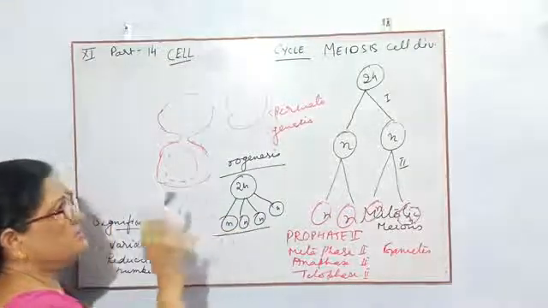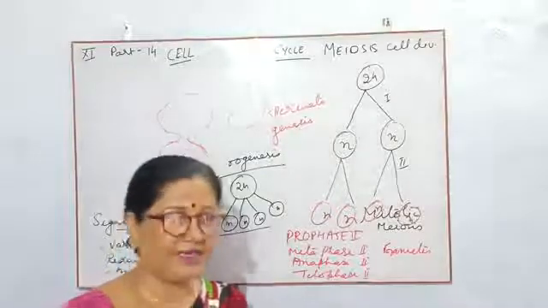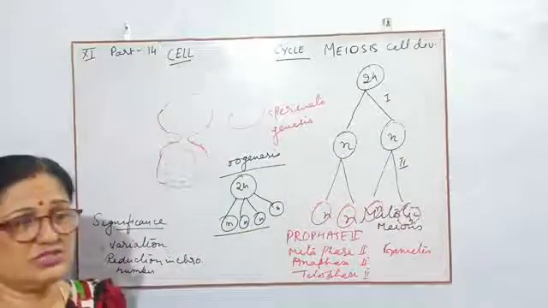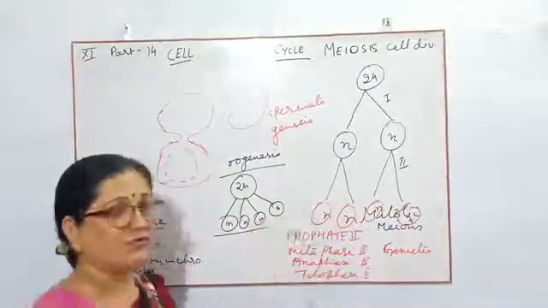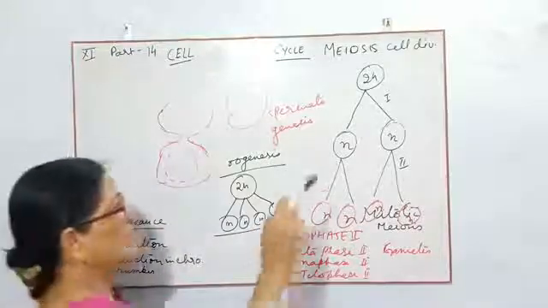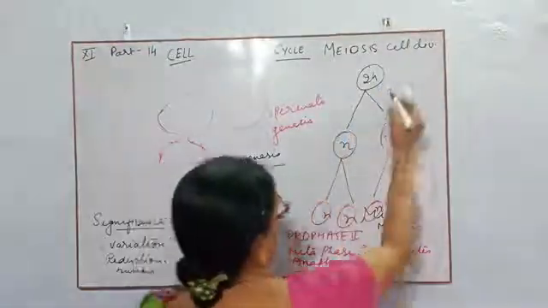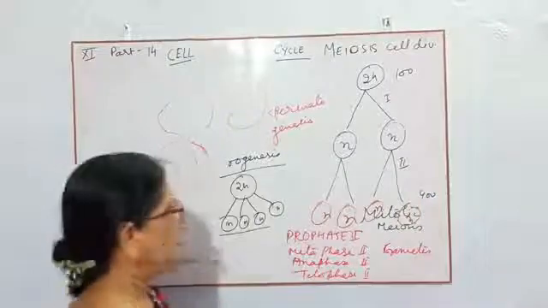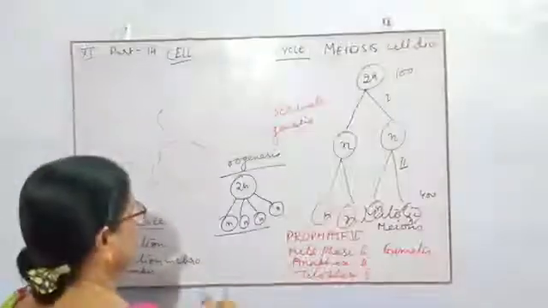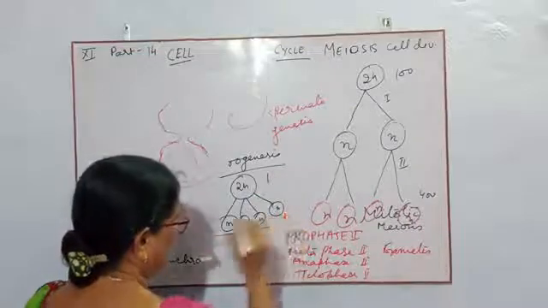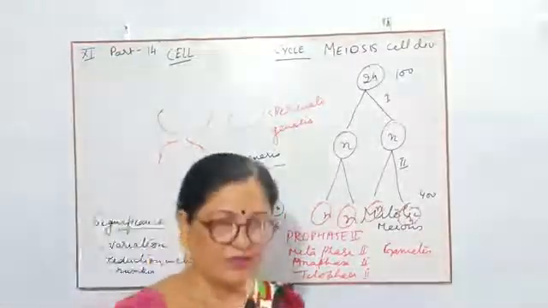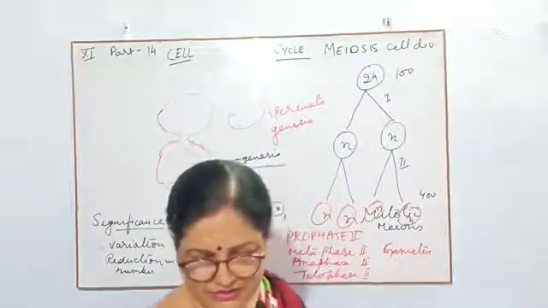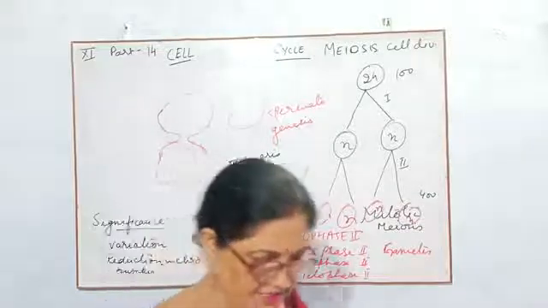So this is the reason why in females there is one ovum in their ovary, and in males there will be millions of gametes they can produce. For example, if we take 100 cells here, 100 cells will give 400 gametes. And in case of female, if there is one cell, we will get one gamete only. So this is the reason why males have more gametes than females. You will study it either in the next class or in the next chapter.